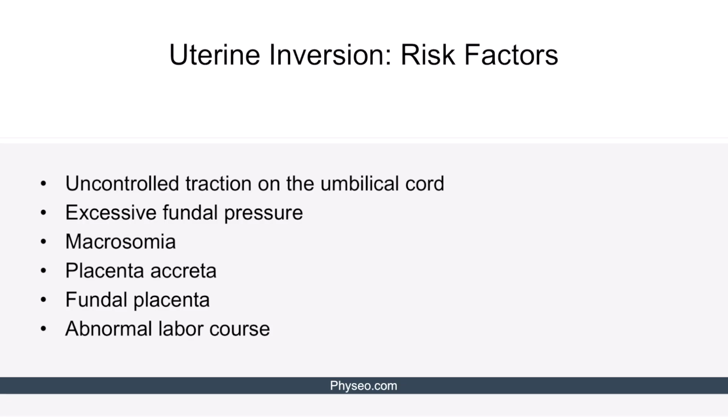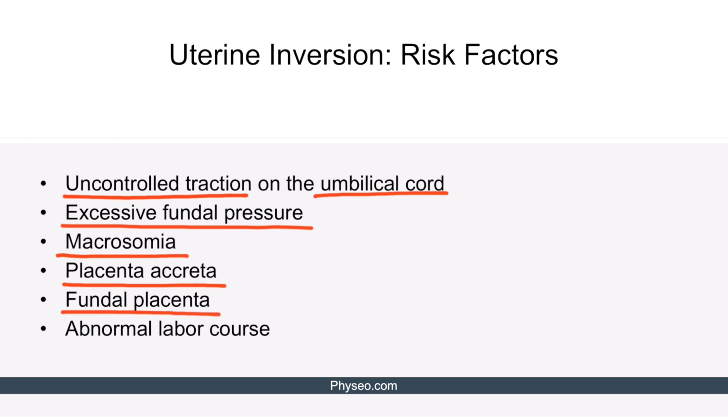2 of the biggest risk factors for this are uncontrolled traction on the umbilical cord and excessive fundal pressure. If you deliver a placenta as a medical student, your resident will make sure you know this. Macrosomia, or a baby weighing more than 4,000 grams, is another risk factor for this. Placenta accreta, where the placenta implants deeper than normal into the uterus, and a fundal placenta can also predispose a patient to uterine inversion. Finally, an abnormal labor course, one that is either too long or too short, has been